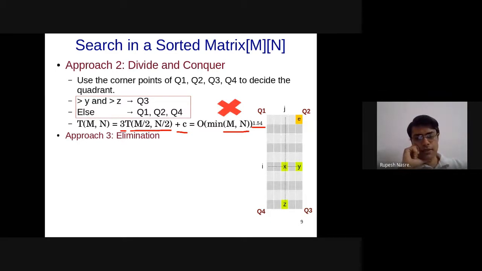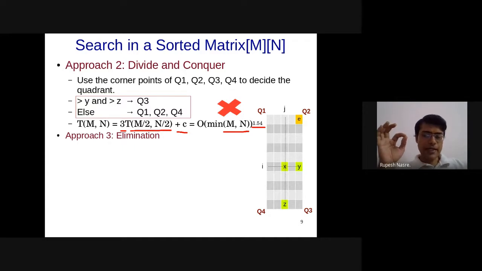Okay, so what is this algorithm? We said that we are going to eliminate at least one row or at least one column depending upon the values at a particular corner.